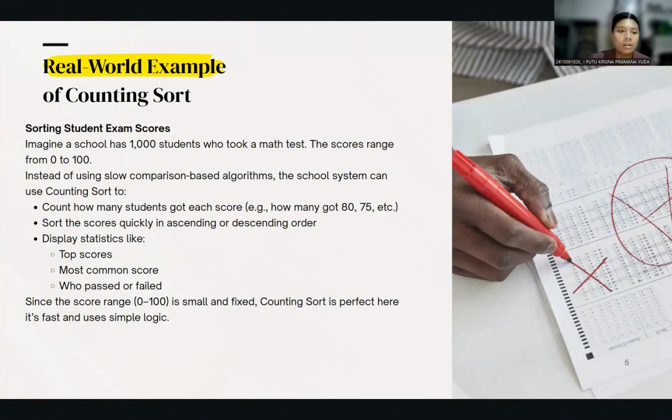Okay, this is a real world example of counting sort, in this case sorting student exam scores. Imagine a school has 100 students who took a math test. The score range is 0 to 100. Instead of using a slow comparison-based algorithm, the school system can use counting sort to count how many students